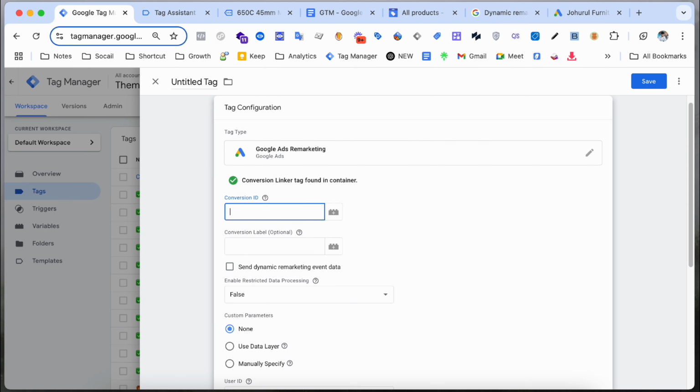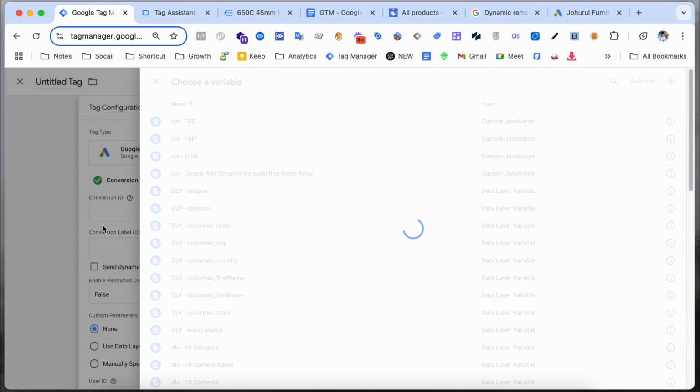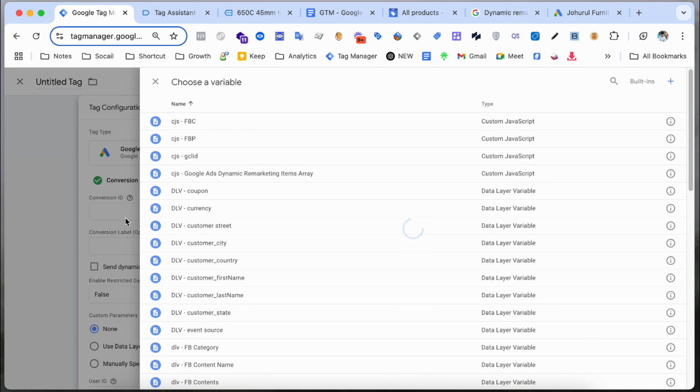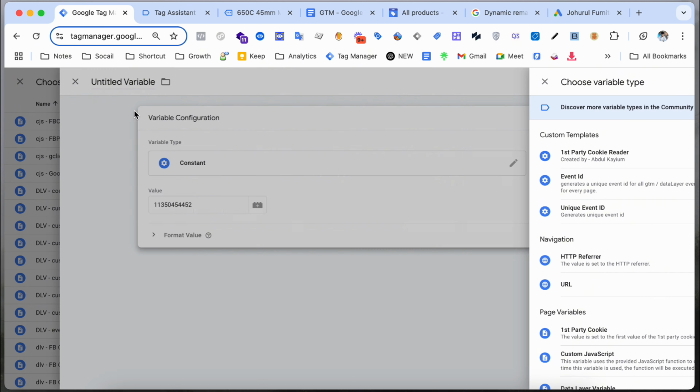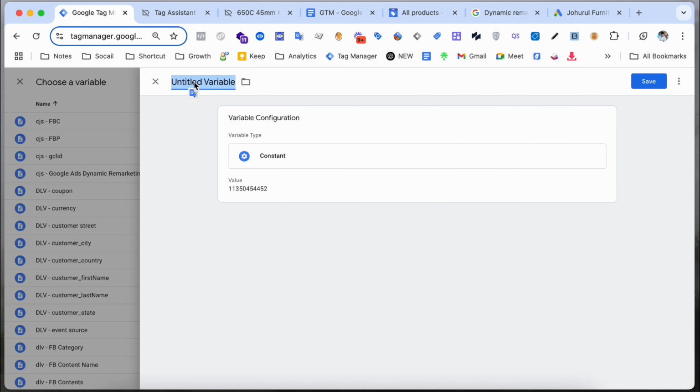For this, simply click on the plus icon and choose the constant, paste in here the value, and write in here simply Google Ads conversion ID. That's it. Click on save,